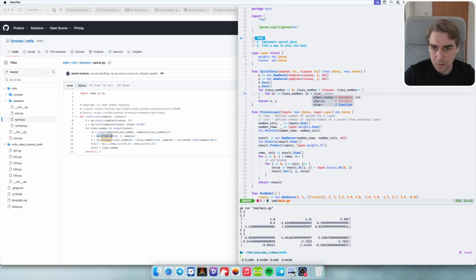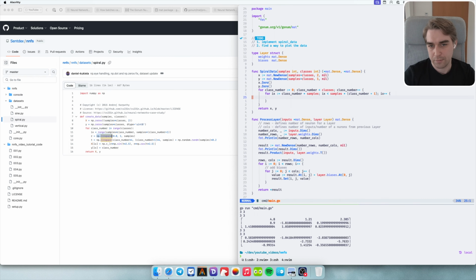Ix less than class number multiplied by samples. Ix less than samples multiplied by class number plus 1. Ix plus plus. I wrote a loop. Okay, so then